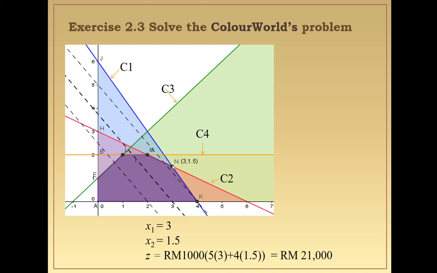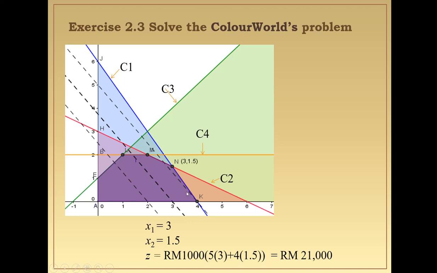Okay. So, a binding constraint is a constraint that when we substitute the optimal solution, we get the left hand side equals to the right hand side. Or if you really understand the binding and non-binding constraint, a binding constraint represents the constraint that gives us the optimal solution. Okay, if you look at the ColourWorld problem, we know that the optimal solution